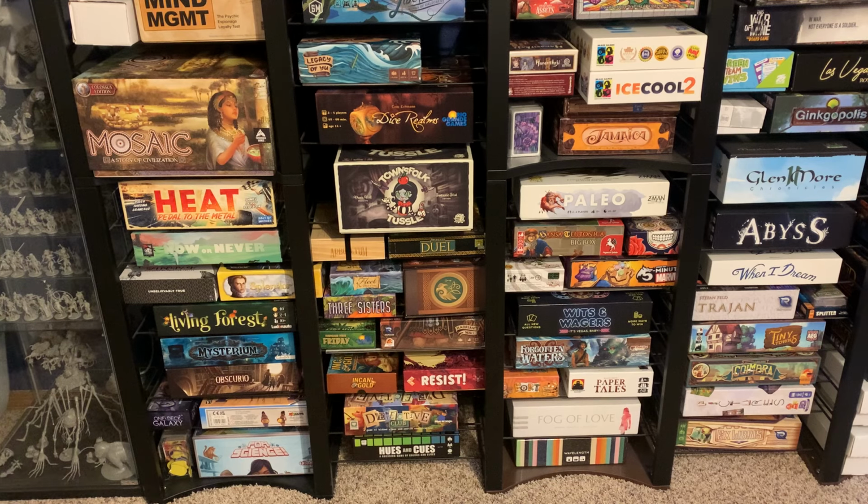Continuing on, we have the remaining miniatures for Kingdom of Death Monster, Heat, Pedal to the Metal, Now or Never, Balderdash, Splendor, Living Forest, Mysterium, Obscurio, One Deck Galaxy, Acropolis, Maskmen, For Science, Townsfolk Tussle, Arboretum, Seven Wonders Duel, Fleet the Dice Game, Three Sisters, War Chest, Friday, Hadrian's Wall, Ink and Gold, Resist, Detective Club,